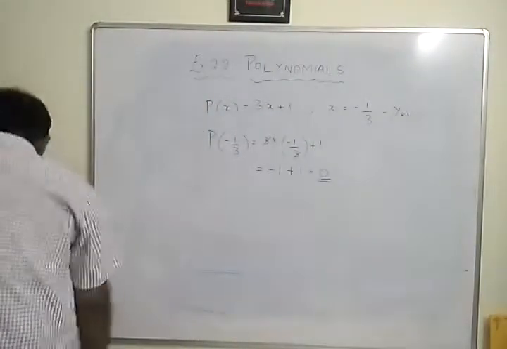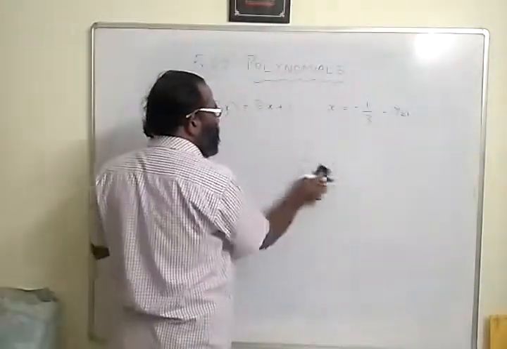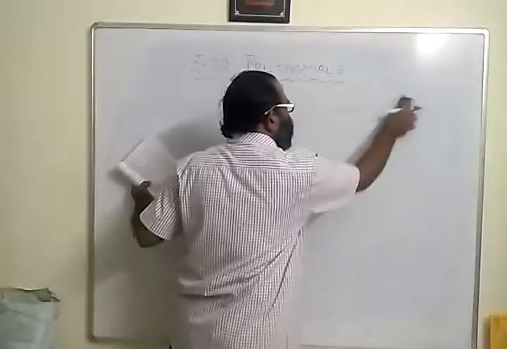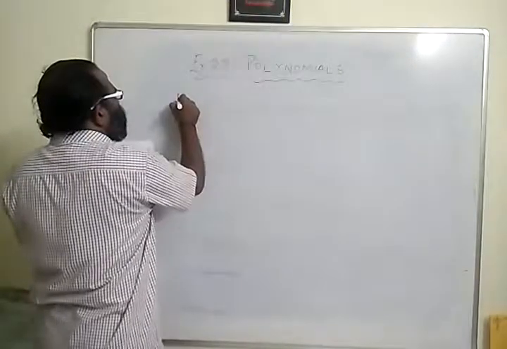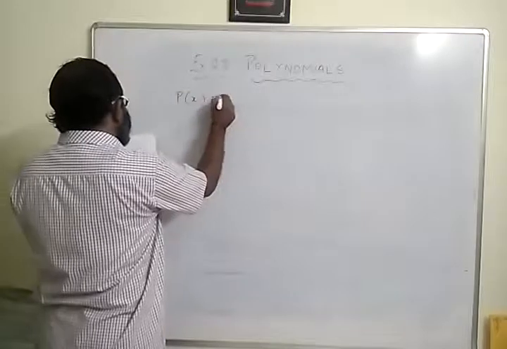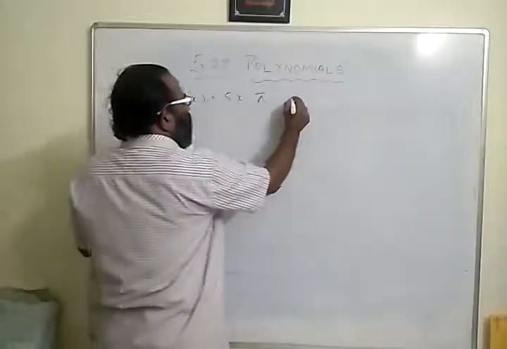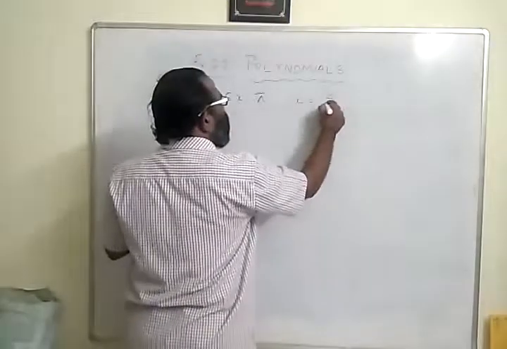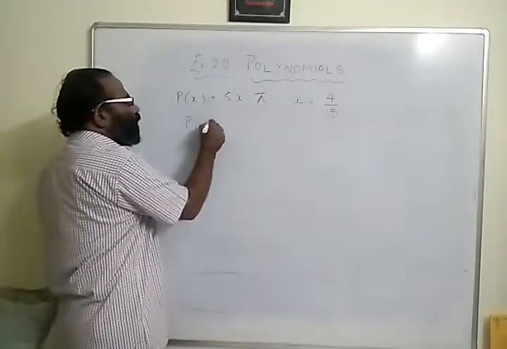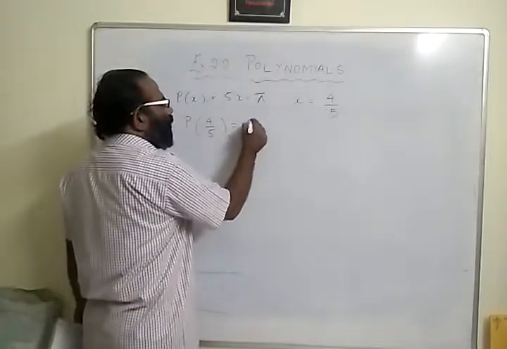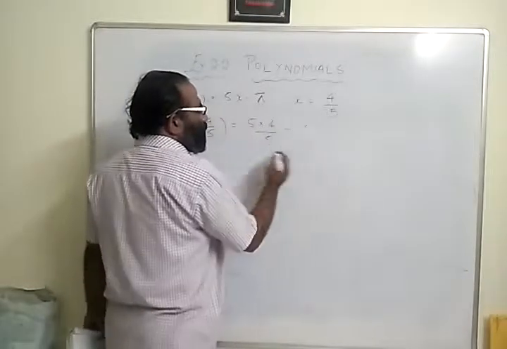Let's go to the next one. The next one is P of x equals 5x minus pi and x is equal to 4 by 5. So let us substitute it. P of 4 by 5 equals 5 into 4 by 5 minus pi. So this is